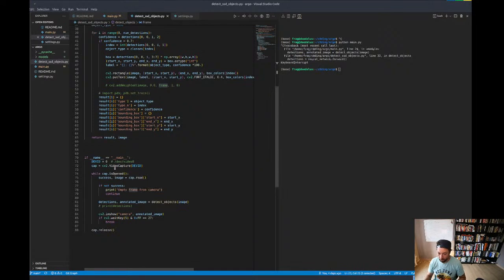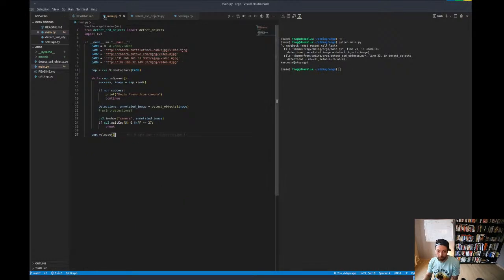I also created a main in the module that connects to the video device. In my case it is 0, which is that camera there. Then we start reading frames, and we pass each frame to the function detect objects. And last but not least, I created a new module, which is main, which is the actual module that we